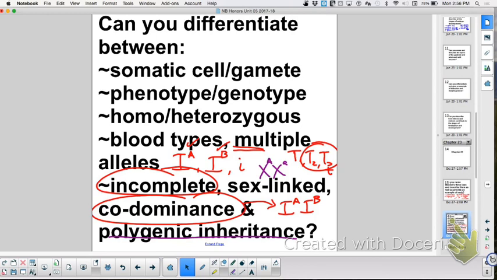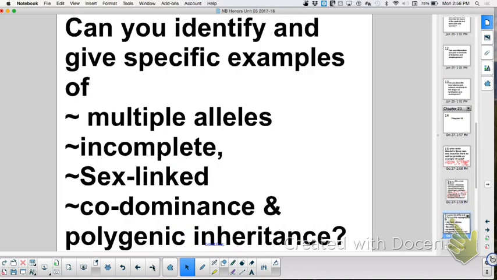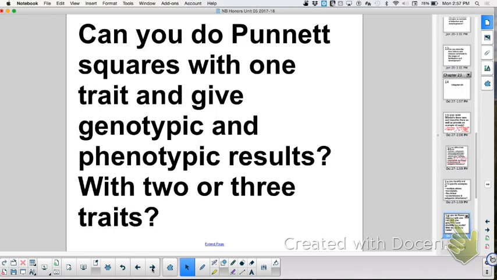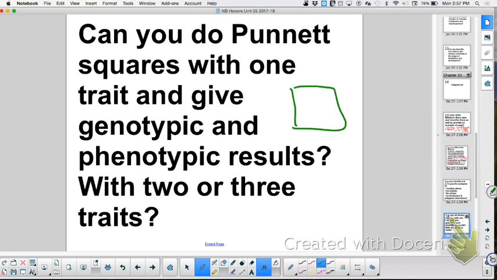All right, can you identify and give a specific example of multiple alleles? We just did this. I have a bonus question in there. Can I leave this? We just did it. Can you do a Punnett square with one trait and give genotypic and phenotypic results with 2 or 3 traits? One trait, if I cross 2 heterozygote tall pea plants,